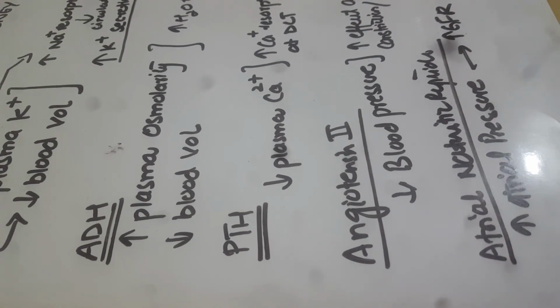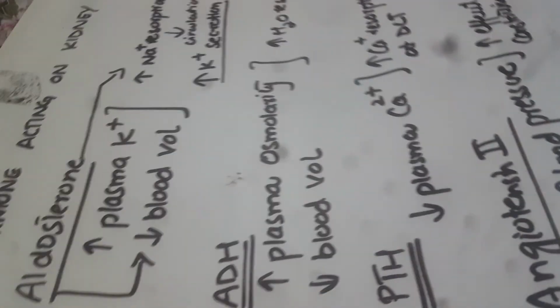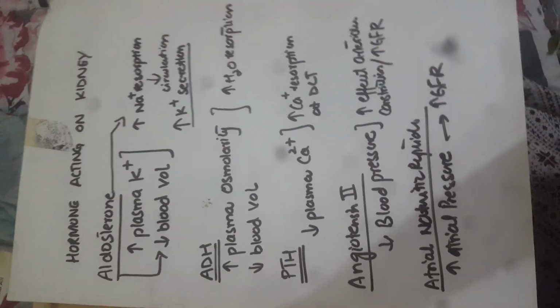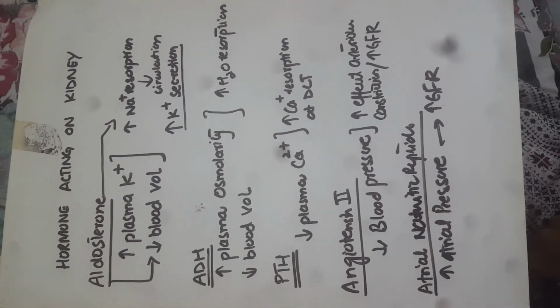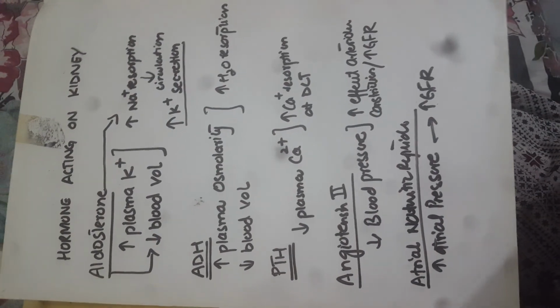Angiotensin 2 is secreted in response to decreased blood pressure. This is all for the hormones that act on the kidney. These are all the hormones that act on the kidney. Number 1 is aldosterone, the next is antidiuretic hormone, and then we have